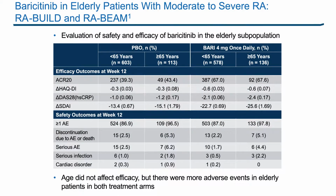So in these two studies, there were 249 patients greater than 65 that were randomized. I will tell you that they met their efficacy endpoints, including core indices and function, and there was no difference in the response between those that were older or less than 65. Now, if we look at more select